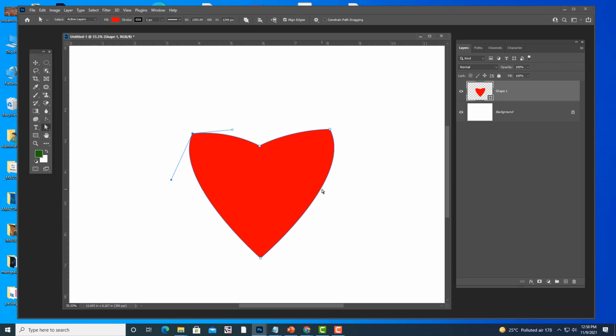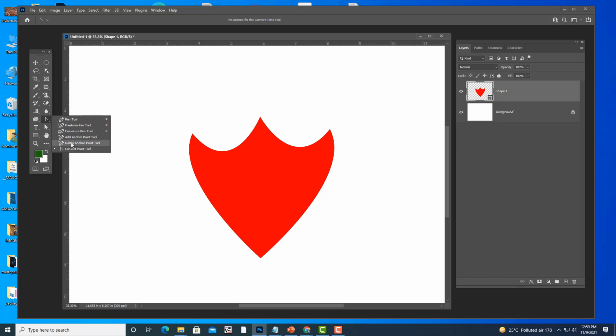We can create something like a shield. You know what a shield is? How does a shield look actually? I can add some extra points here. The heart shape I have converted into a shield now.